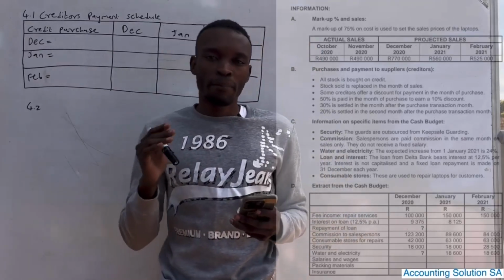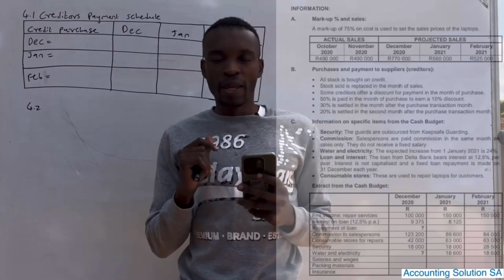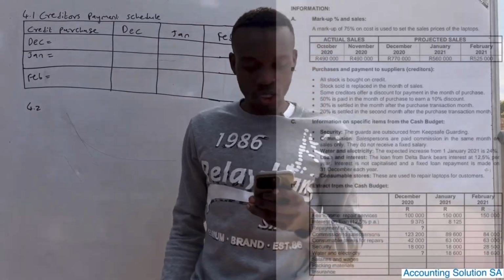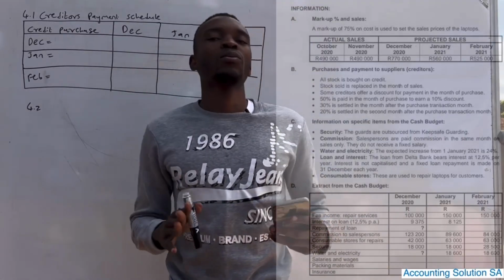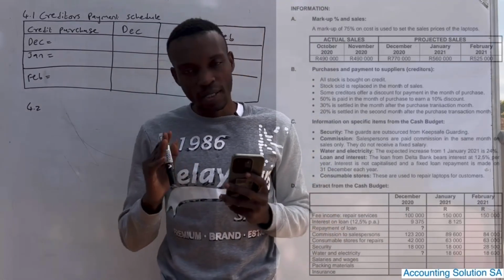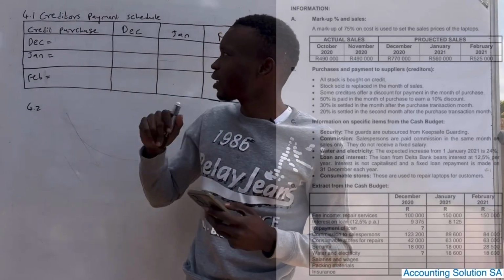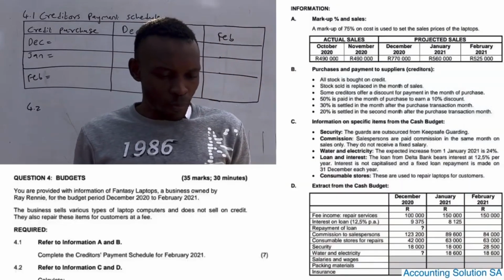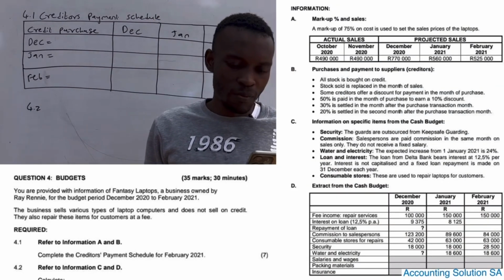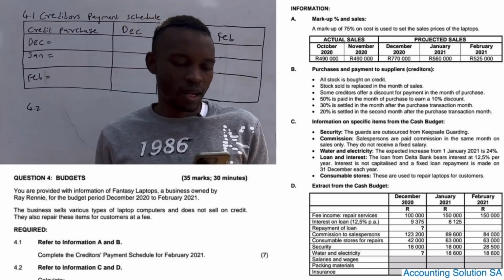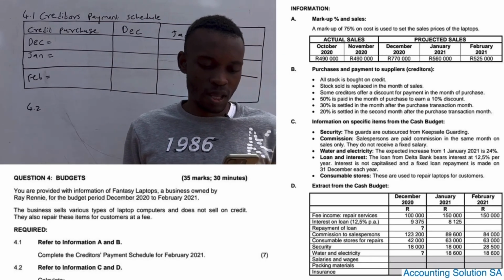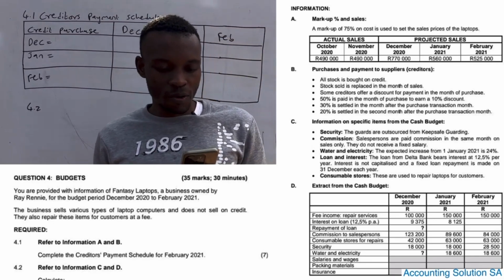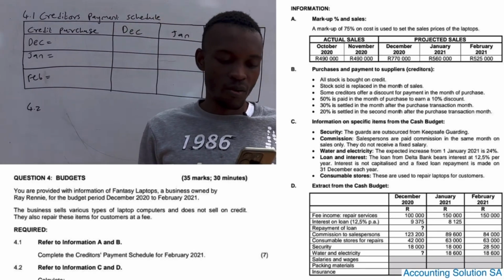doing in the previous video. But in this video, I come with a question paper that is going to deal straight with the creditors payment schedule. So please make sure that you stay tuned, watch until the end, so that you learn something that you didn't know about the creditors payment schedule. Okay, let's read the question. You are provided with the information of Fantasy Laptop, a business owned by Ray Rainey, for the budgeted period December to January 2021. Okay, and the business sells various types of laptop computers and does not sell on credit,